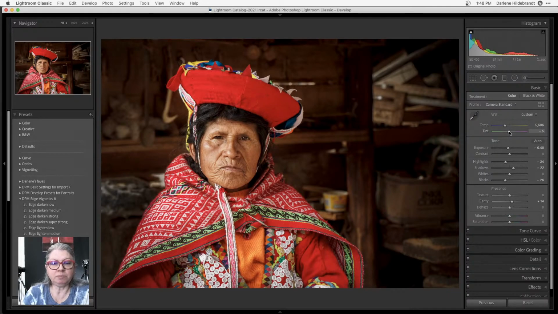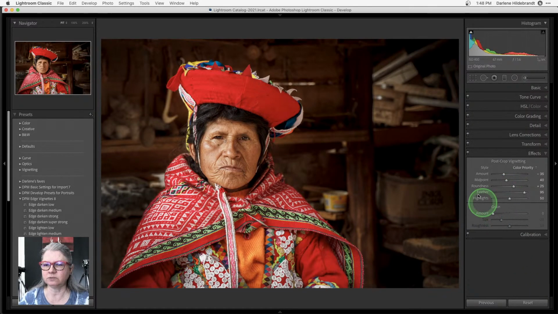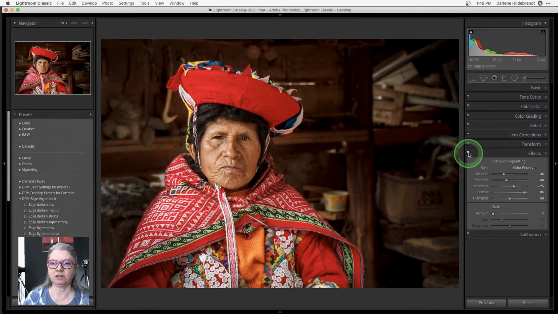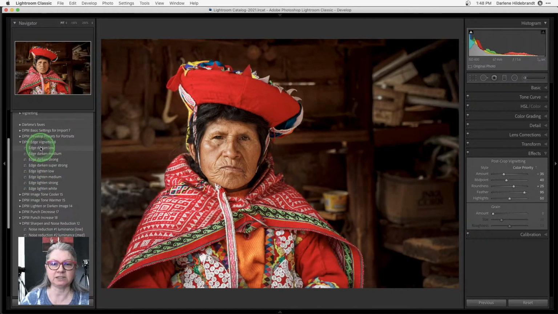Okay, now you could be actually done with this image. I'm going to do a couple of more things. I could apply a vignette, okay, and that's done under the effects panel, right? So I have applied a vignette, so you can see that it's darkening the edges. I have a lot of presets that I've created myself, right? Vignettes is one of them. Okay, so if I just undo this, I can show you how quickly I can just apply my vignettes.